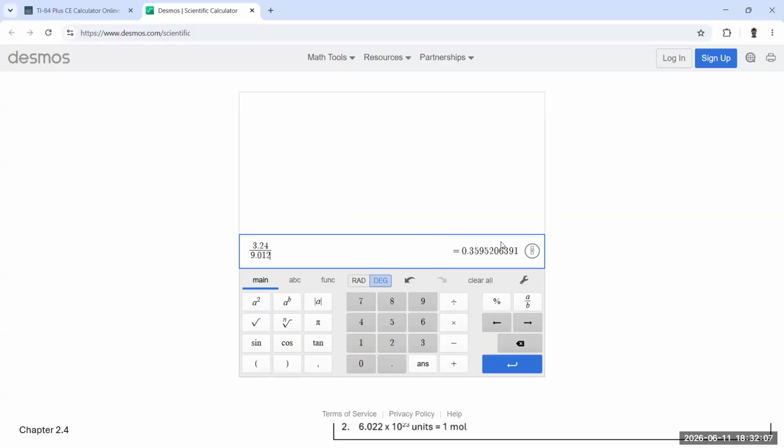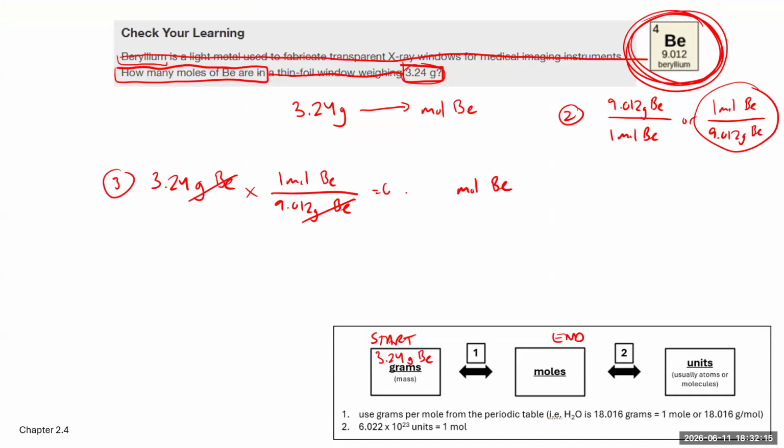And we got 0.35952. We have 3 significant figures. We need 3 significant figures, so it becomes 0.359, but we have to round up. So that actually becomes 0.360